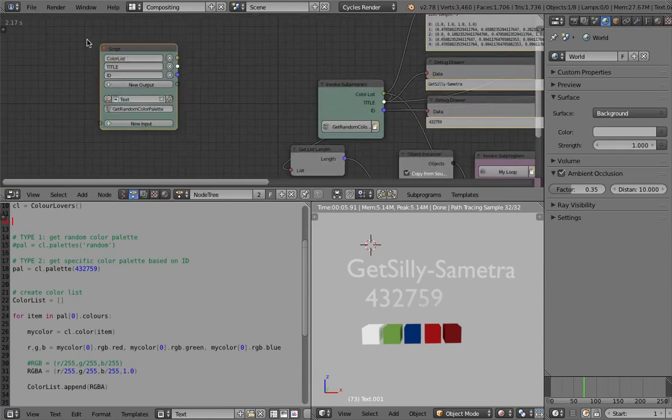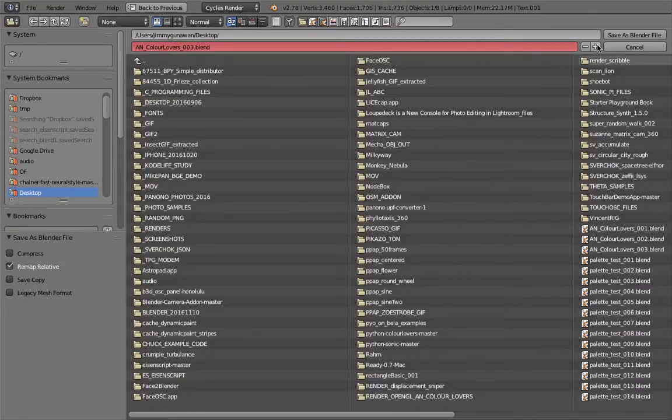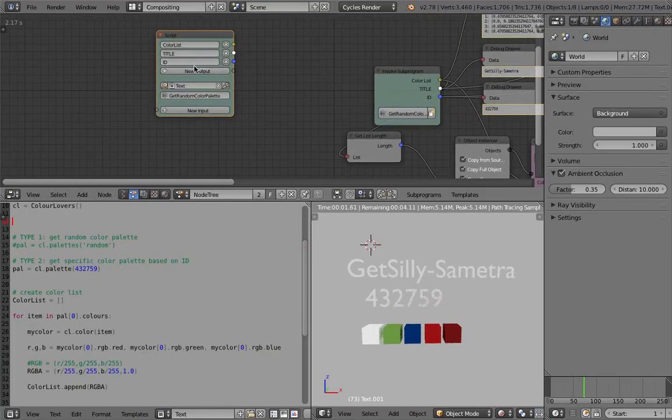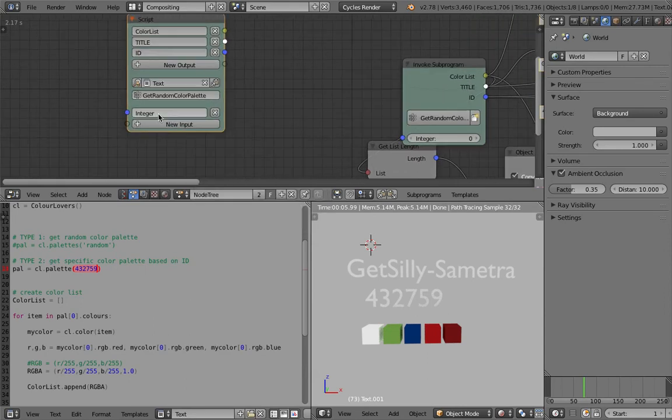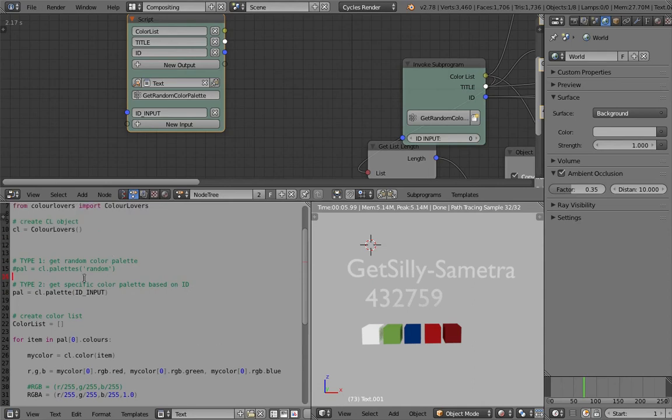Now if we want to make these nodes even better, we can create a new input, and it's going to be an integer, and this is going to be the ID input. I'll call it ID input, and then I'll paste it there. Get the ID input, copy, and this is going to be the input for the cl.palette instead of palettes random. So by doing that,